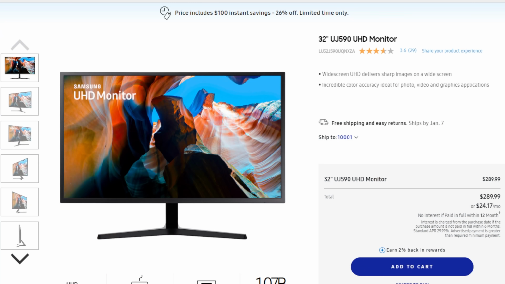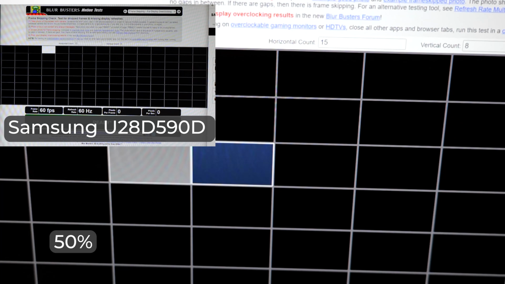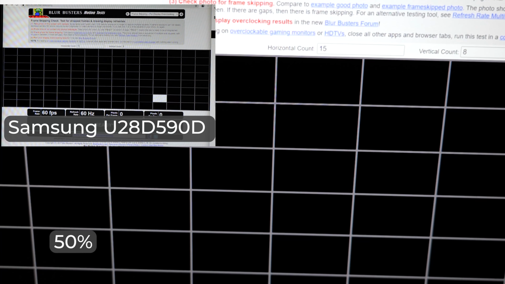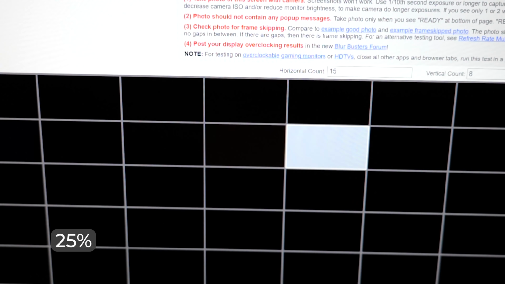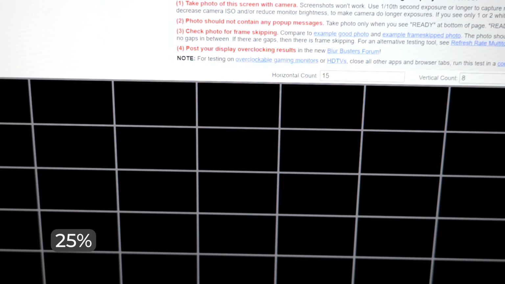Let's take a look at a 4K monitor, also from Samsung, the UJ32. This is a much newer panel, much better than the U28D590D. It tops out at 60 hertz, 1/60th of a second, but the showing here in the high-speed camera is actually very good for this display. It's not really lighting up two squares adjacently, so this panel is at least 1/60th of a second fast. And again, because this is a lesser expensive display, it's also like $300. It's not an IPS type panel. This is a VA type panel, and it's okay.